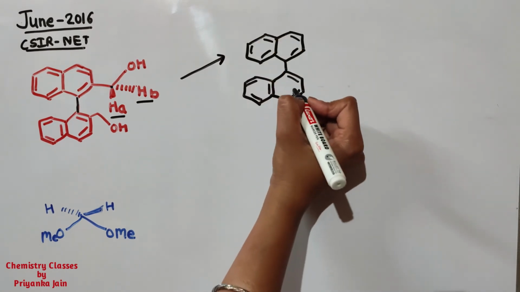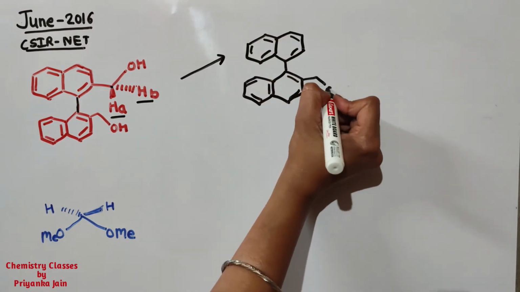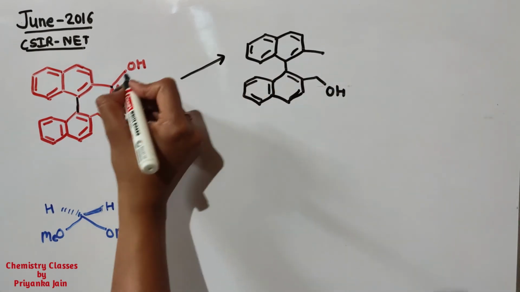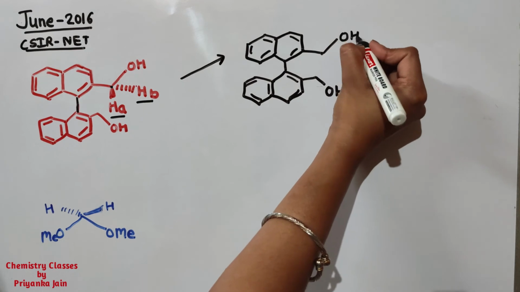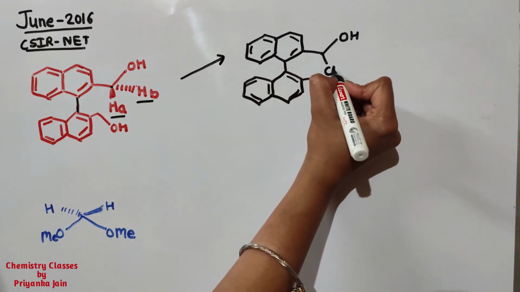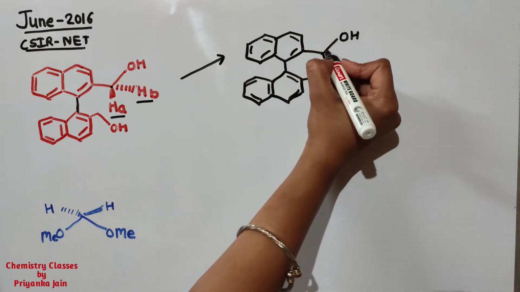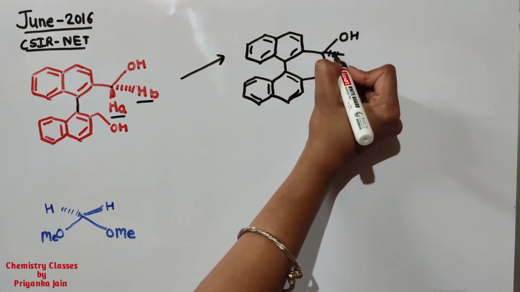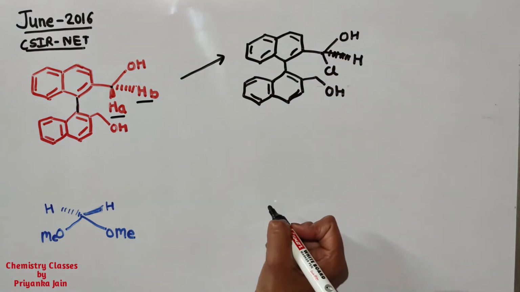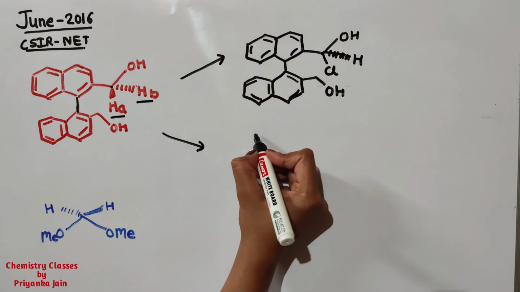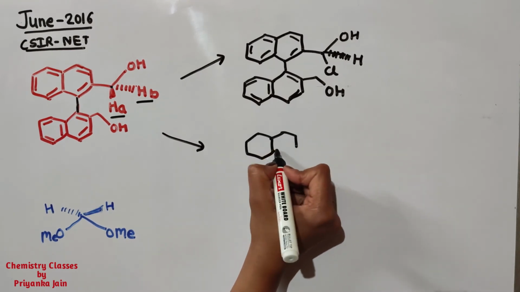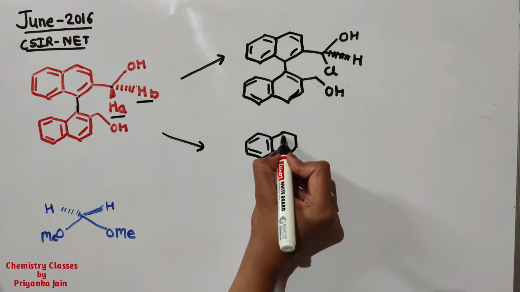This is our biphenyl system, right? And this is the carbon atom to which the two groups are attached. Now firstly I am replacing this Ha. So when we are replacing it here, suppose this is replaced by a Cl group, and this will remain as it is. This is the hydrogen atom, right? Now suppose we are replacing the other hydrogen atom by chlorine, then what are we getting?